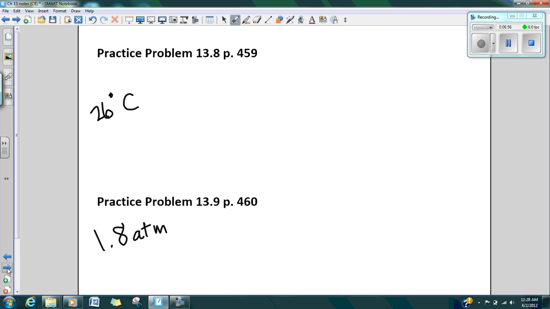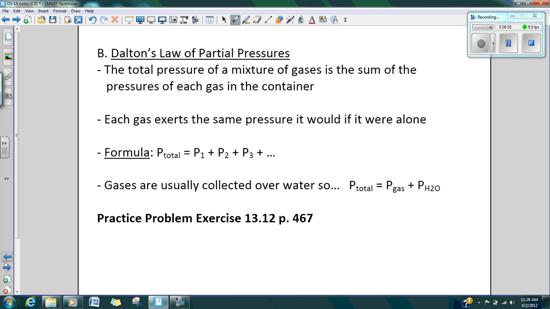All right, then I'm going to do one more thing on Dalton's law of partial pressure, because this is another quick little law. We've talked about this already in class, that the total pressure of a mixture of gases is the sum of the pressures of each gas in the container. We talked about it in the classroom, that our classroom is a mixture of the nitrogen gas and the oxygen gas, and then 1% of all the other gases that we have, which we found out was a really good thing. So that when I took my scoop of air,